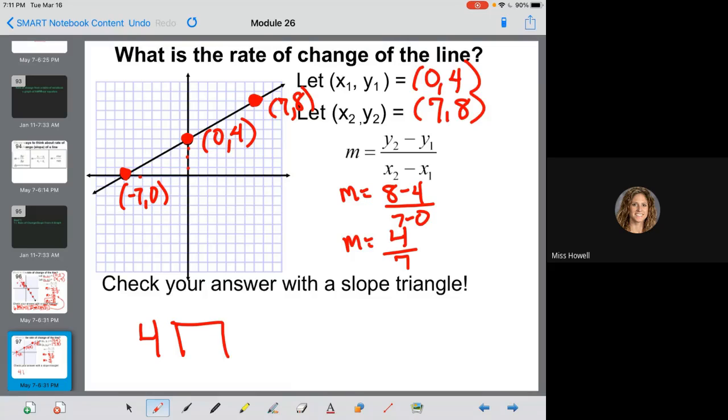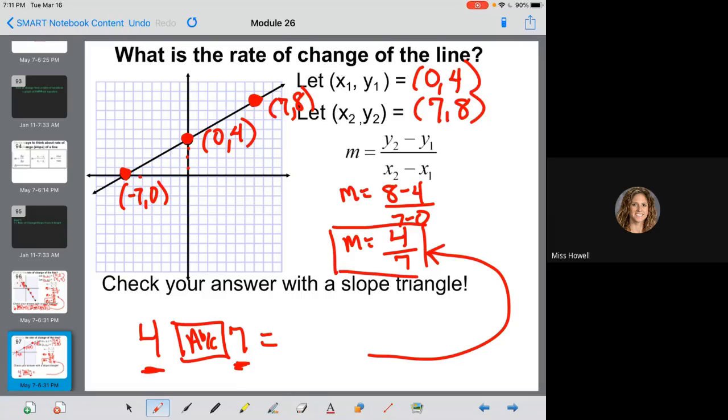4, fraction button, ABC, 7, enter. If I get back, it's not going to give me a mixed number because this number is smaller than this one. So it's going to give me back the simplified version. If I get this guy back, I know I'm done. If I get something better back, then I need another step, where I write it better. In this case, positive 4/7 is our final best possible simplified answer,